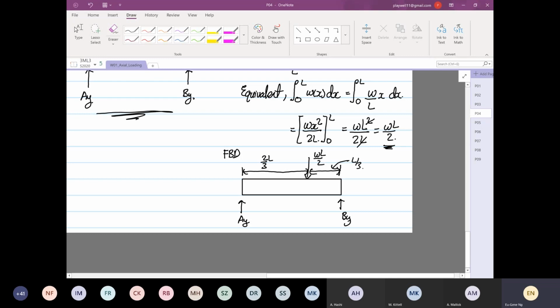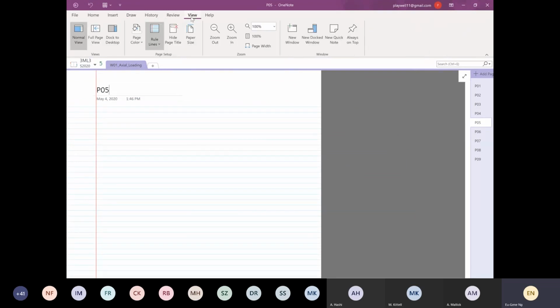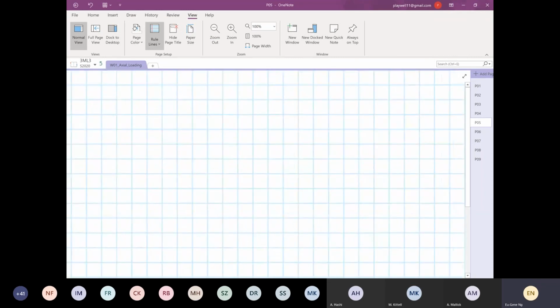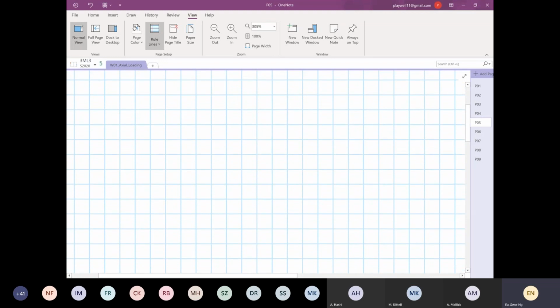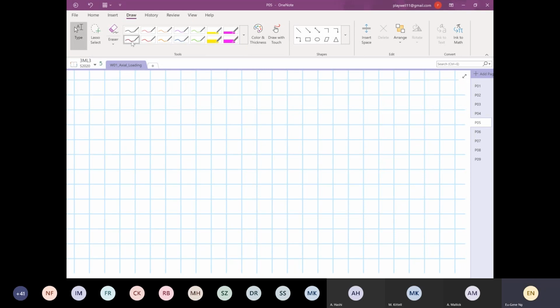Okay, I want you to understand, why is it 2L over 3? Why is it L over 3? Okay, so it's very simple to do this, okay, if the computer cooperates. So I'm going to draw a right angle triangle now. Okay, so this right angle triangle that I'm going to draw will have 9, bloody hell,